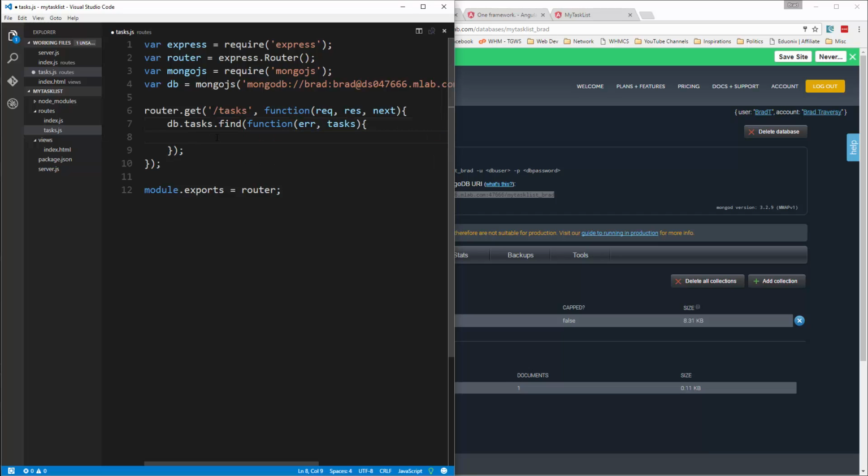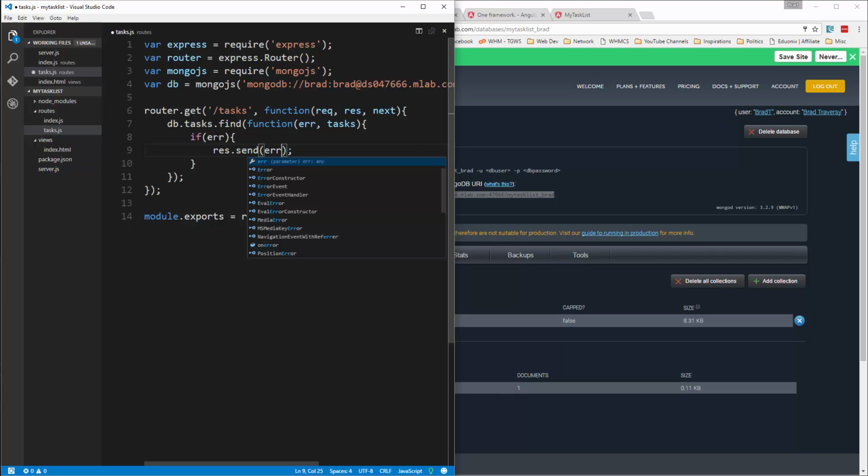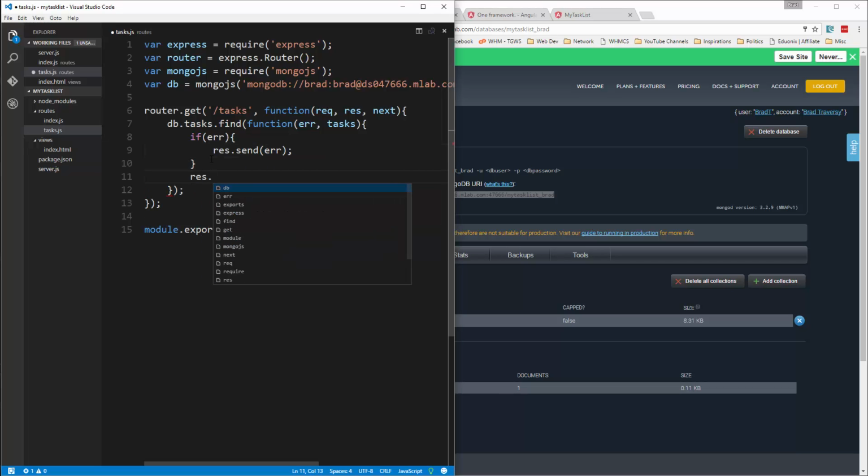It's more descriptive, and we'll check for an error. So if there is in fact an error, we're just going to do res.send, and then we'll send the error. If there's not, then we're just going to return the JSON content. So we're going to say res.json and then just pass in the tasks. Alright, so let's save that,